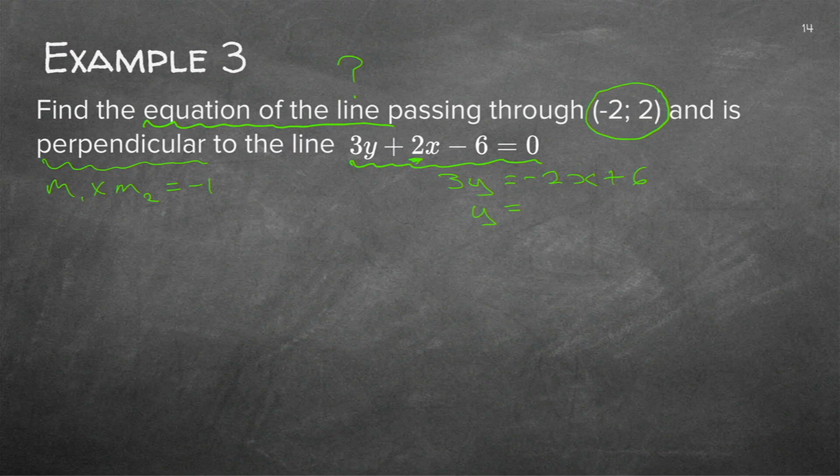Now I need to get rid of the 3, so it's minus 2/3 x plus 2. Now let me just quickly show you that minus 2x over 3 could be written like that as well. But I would not like you to do that, because we need the format y is equal to mx plus c. So we need the m in front of the x. I would like you to keep the x where it is, because you need the m in front of it. Now I've got my format, and there is my m now.